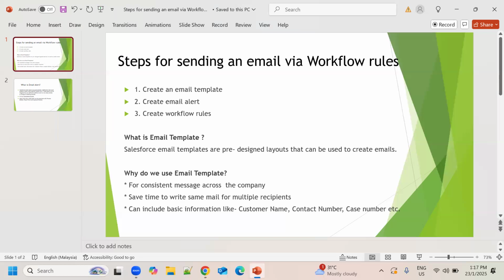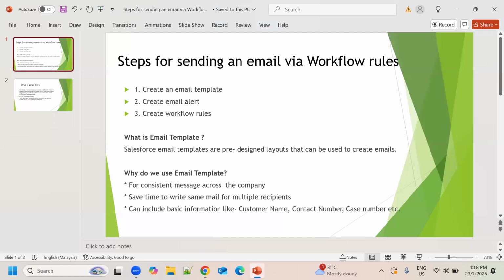So why do we use email templates, or why do we need them? For consistent messaging across the company, and to save time writing the same mail for multiple recipients. If you want to send the same mail to multiple recipients, then we do not need to write the same mail again and again.